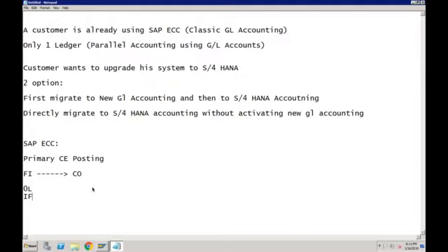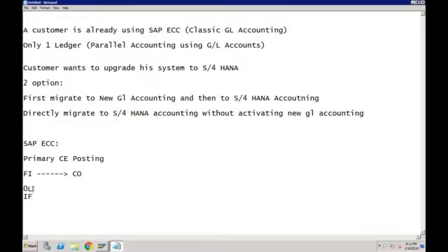Okay, yes. So in SAP ECC, it is only possible to send the values from leading ledger to CO. Even if you want to send IFRS values, or any values from any other ledger to CO, that is not possible in SAP ECC because it is always taking the values from the leading ledger.